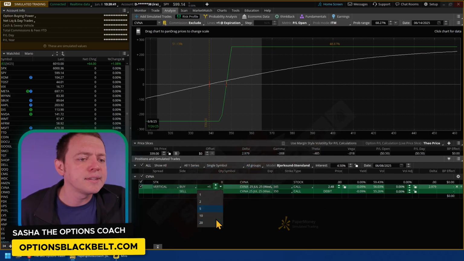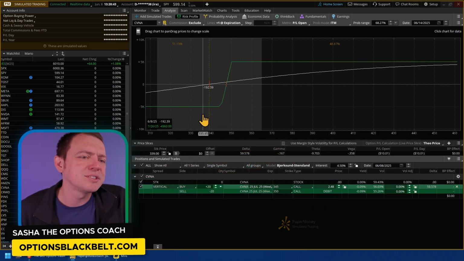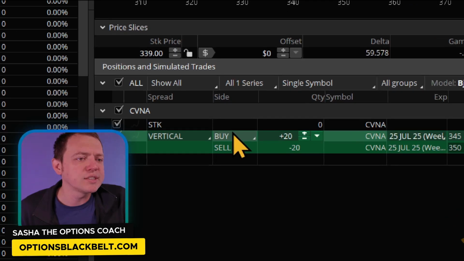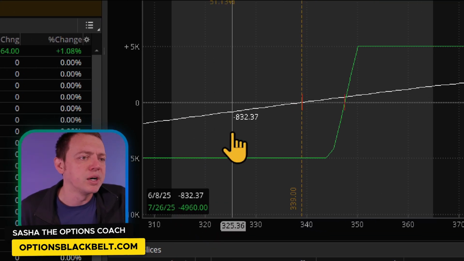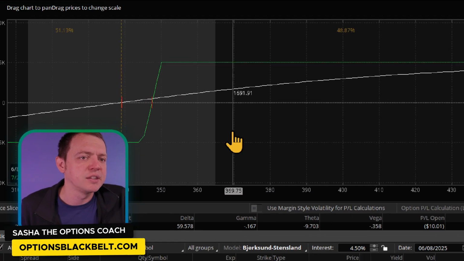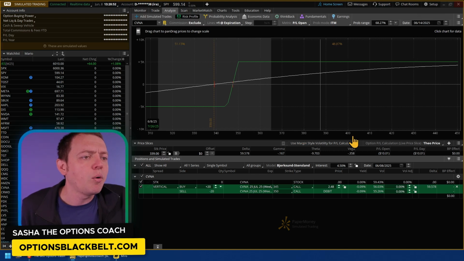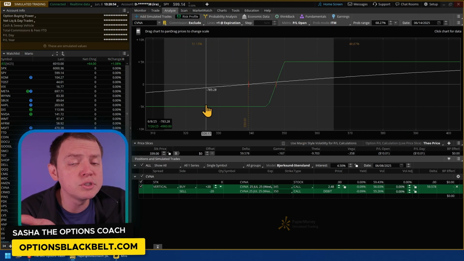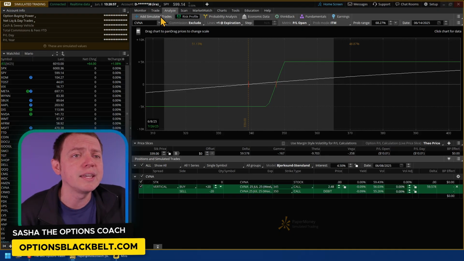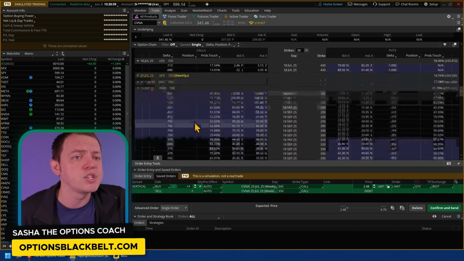Okay, and let's say we jack up the contracts to about 20. So 20 contracts gives me a risk of about $5,000 to try to make about $5,000, roughly in that same ballpark. However, if this thing continues to fall, I'm losing about that $5,000. Now, what I can do is the vertical bridge strategy. What it does is